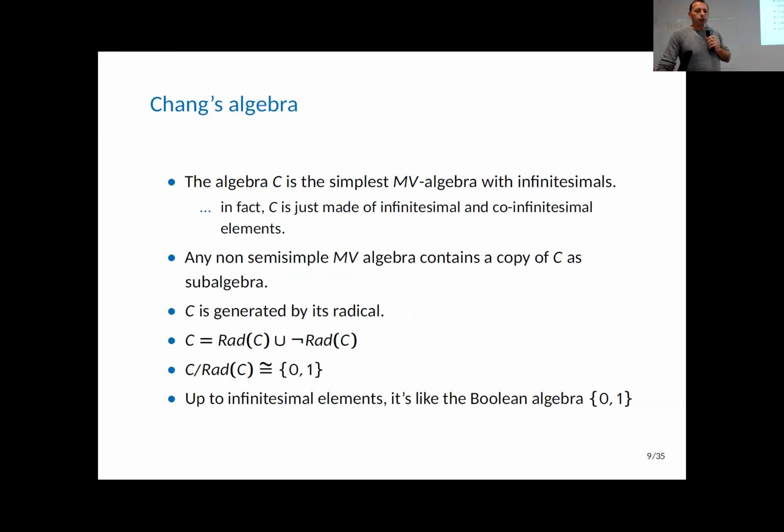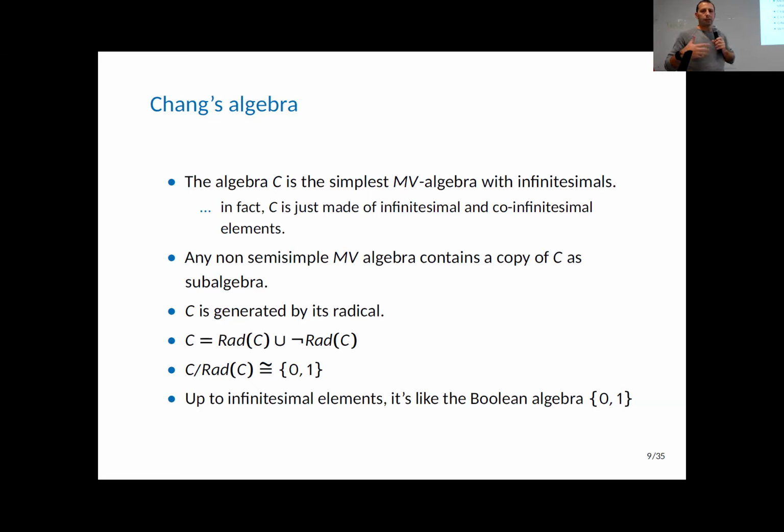And also, if we take any semi-simple MV algebra, it will contain a copy of C as a subalgebra. And it is generated by its radical, and if we take the factor algebra by its radical, we'll get the 2-element Boolean algebra. So up to infinitesimals, it's like the Boolean algebra {0, 1}. So in a sense, for our purposes, it somewhat acts like a 4-element algebra, where we have 0 and